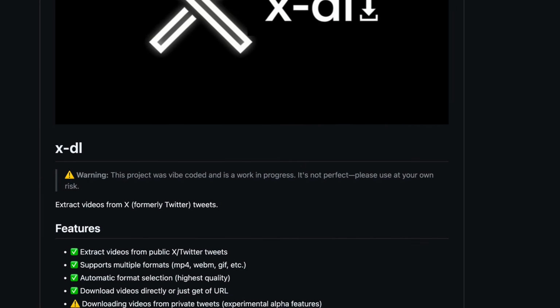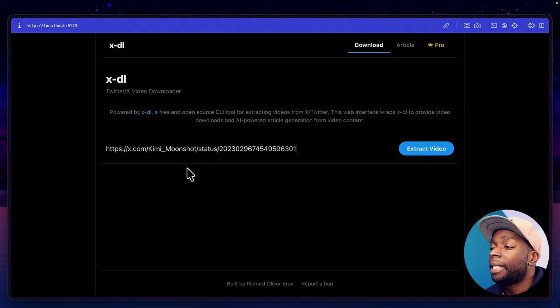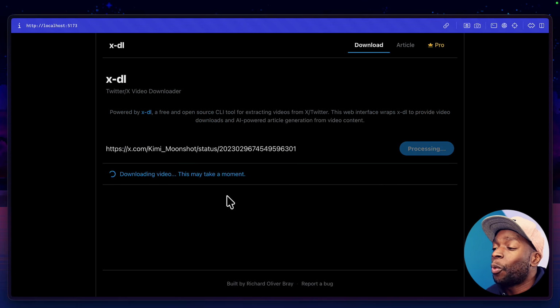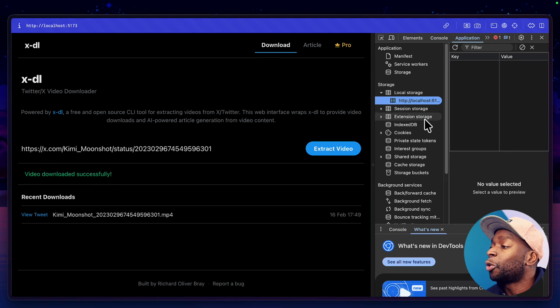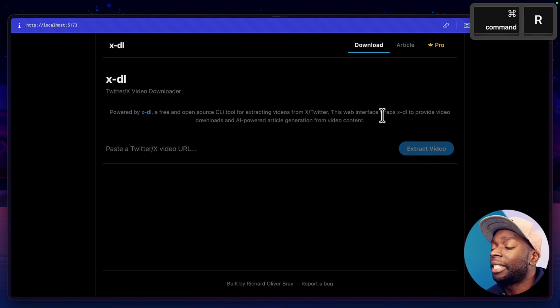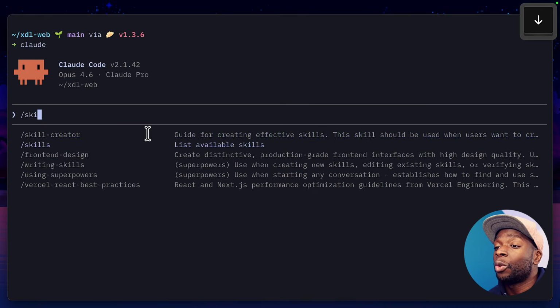Let's start off by testing both the Playwright CLI and MCP server on one simple task. I'm going to ask it to help me test a tool I've been working on to download videos from Twitter. I'm going to ask Playwright to grab the link for this tweet, paste it here, extract the video, then wait for 10 seconds before taking a screenshot and then clearing local storage so that the next agent can have a fresh slate. We'll first try it with the Playwright CLI using Claude code, and if we install it, we should